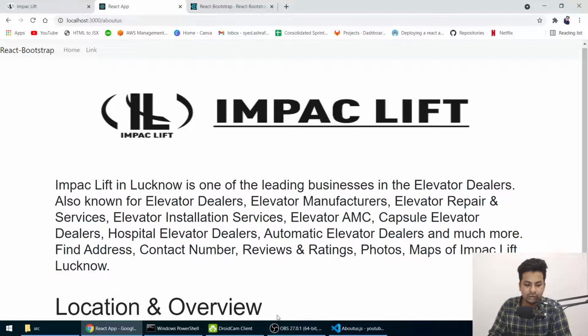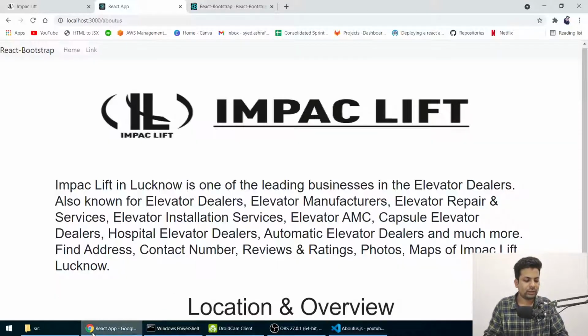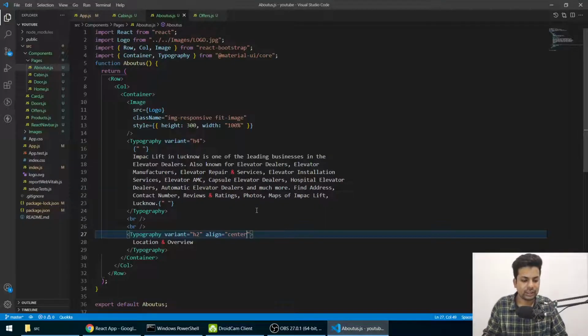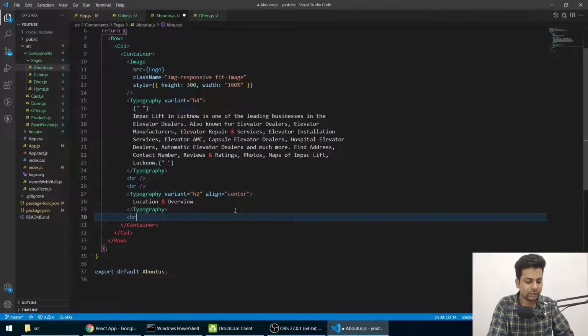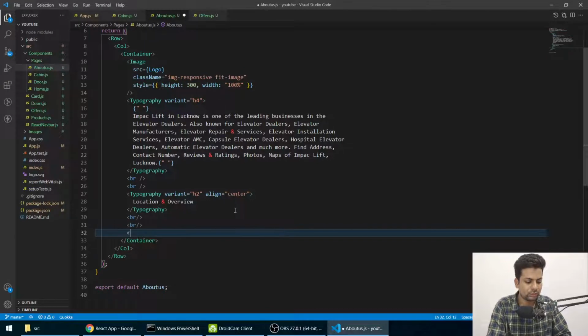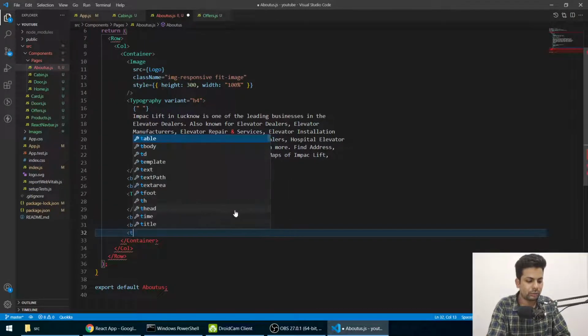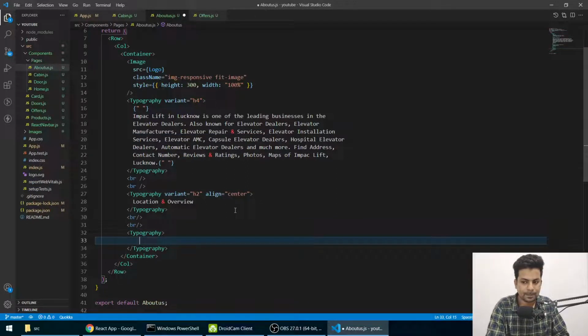Okay, but we need this in middle, so we'll say align equals to center and save it and check it, so it came in center, guys. So now again we'll put some br. Now we'll say typo, and here we'll say variant h4.